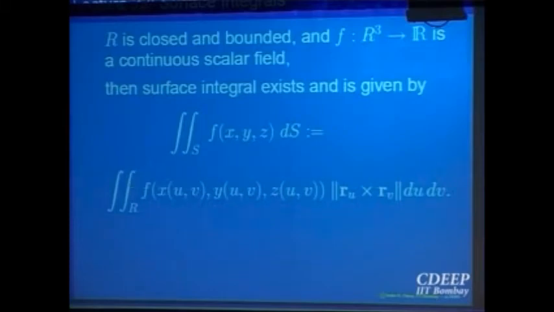It is a double integral, where f is a continuous function of two variables and R is closed and bounded. So this double integral makes sense, right? That is the idea: the right-hand side should make sense, and it does, and it is equal to the surface integral of the function f over the surface S. Is that clear to everybody?